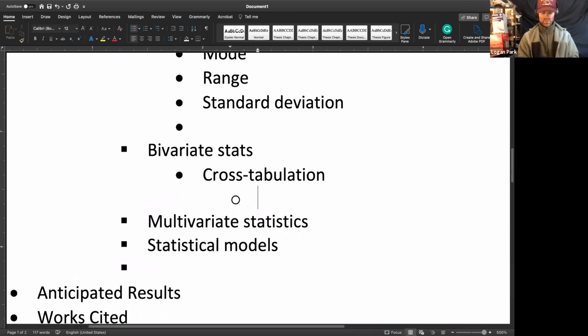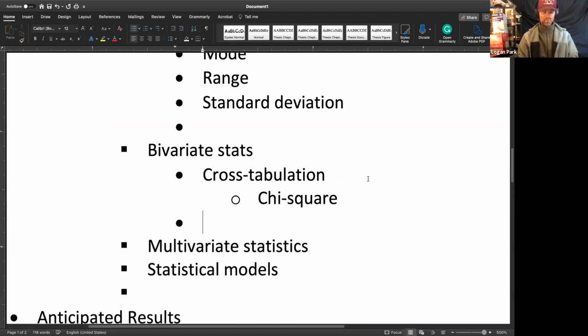With cross tabulation, we might see a chi-square type test to see if there is a statistical basis for saying, this is not a randomly evenly distributed table or surface of combinations of values in variable X and variable Y. There's something going on here. A chi-square helps you put a statistical basis to that assertion, okay? Let's see, other bivariate stats would be things like